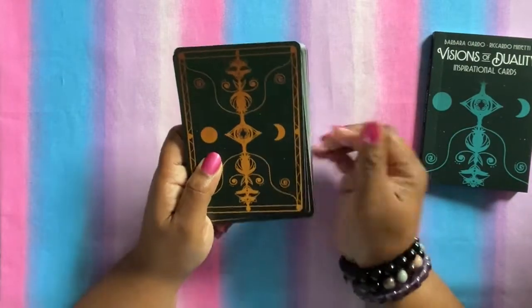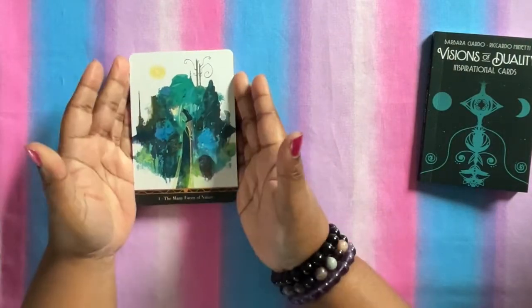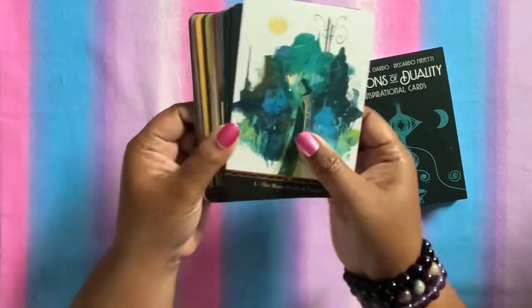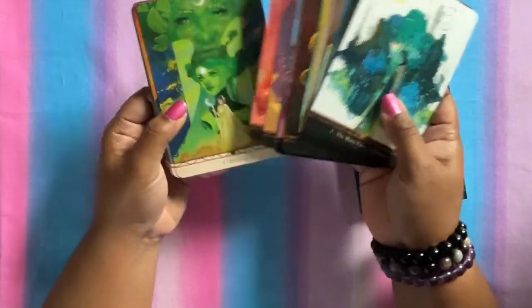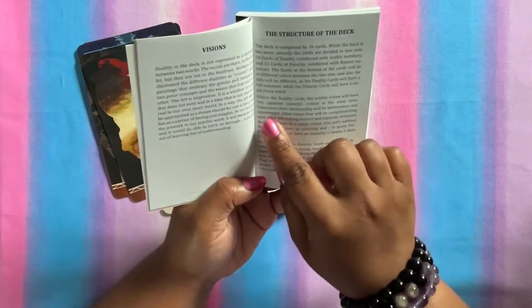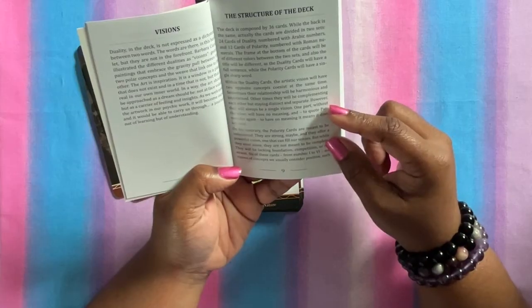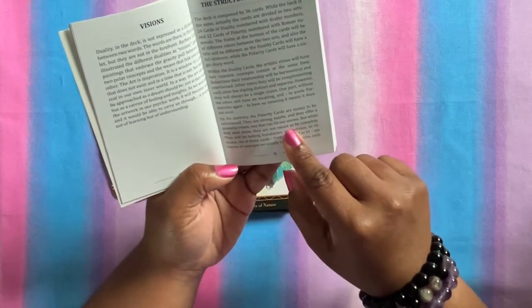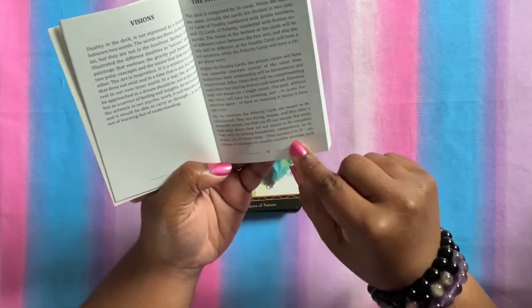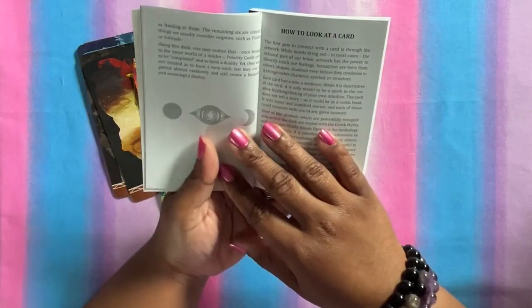I put it back in order because I really want to go through it with the guidebook, because I was having a little bit of trouble with it, but it does have suits. You've got duality cards, which are the artistic vision that have two opposite concepts that coexist at the same time. And then you've got the polarity cards, which are unbalanced energies. And then you've got